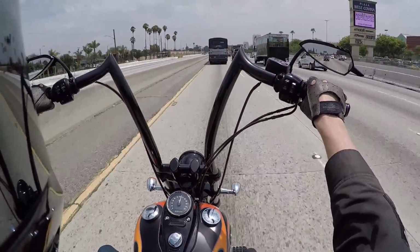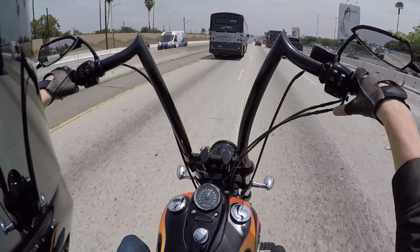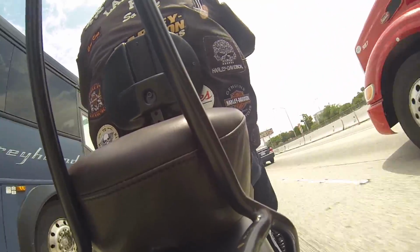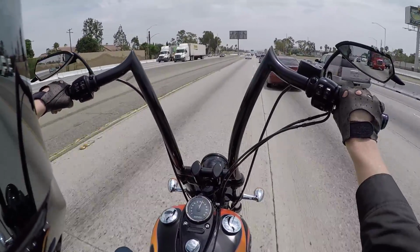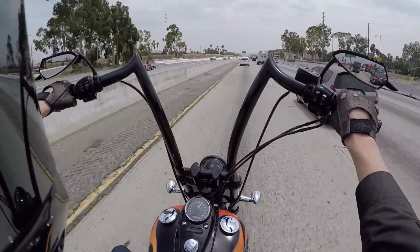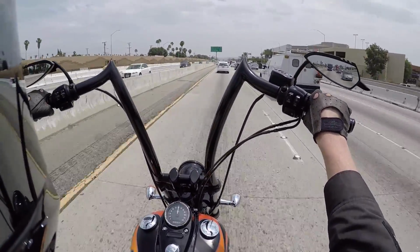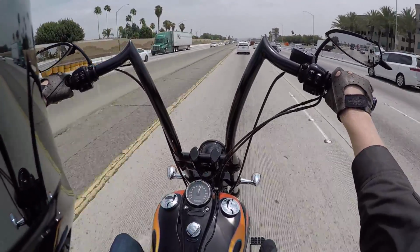And here's a point I want to make with this video, if you guys take nothing else from this video but this point. A lot of times people focus a lot on the suspension of the motorcycle to increase the comfort of the bike, and that obviously is a vital key element to making the bike the most comfortable possible. But the other thing that I think a lot of people forget about is the overall ergonomics and how the rider triangle, the relationship between your hands, the handlebars, your seat, and your foot controls really plays a huge part